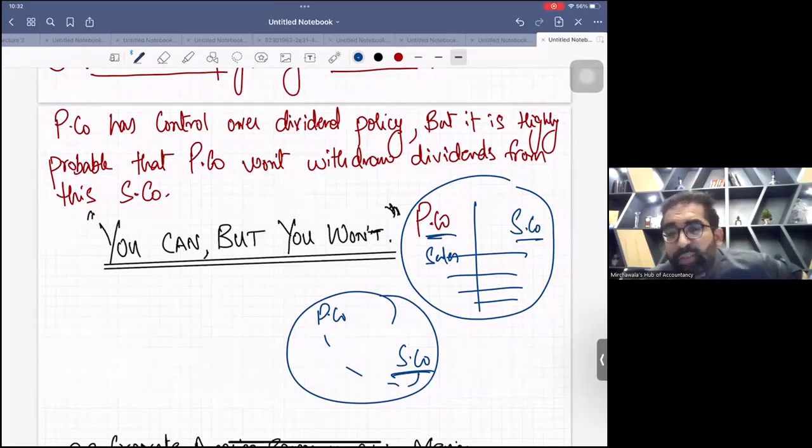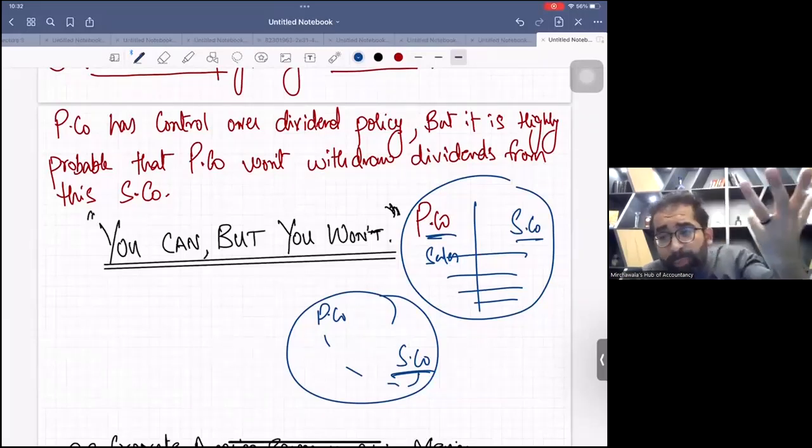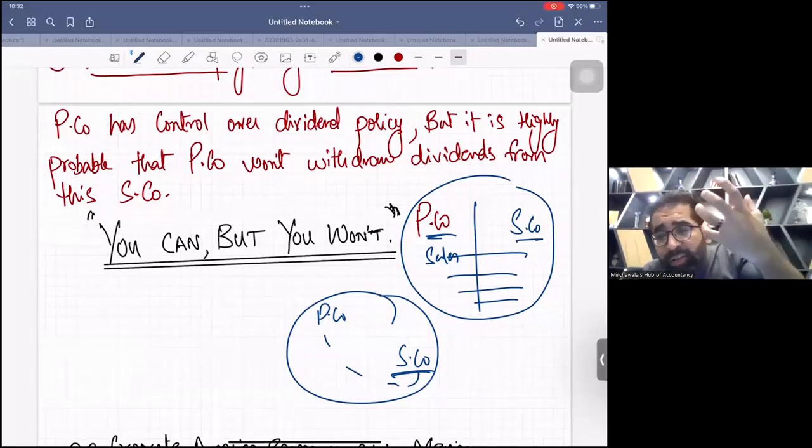So in this case, there is no taxable temporary difference. In this case, there is no taxable TD, because in future there will be no more dividends. In future, we won't withdraw any dividends. And yes, we are the controlling party. Only we can decide about the dividends. No other party can decide. We have got the sole authority whether to withdraw or not. And yes, we are saying that we won't withdraw. So in this case, it's a non-temporary difference. Now there is no temporary difference, because in future there is no tax.